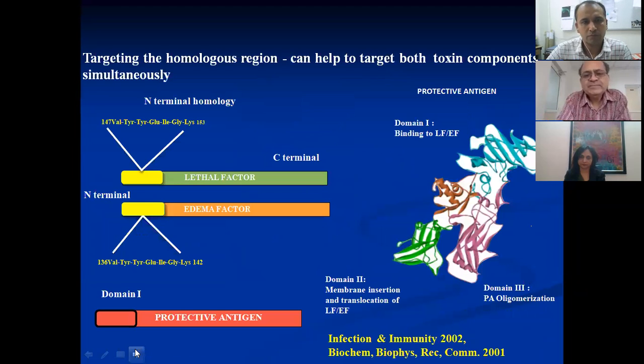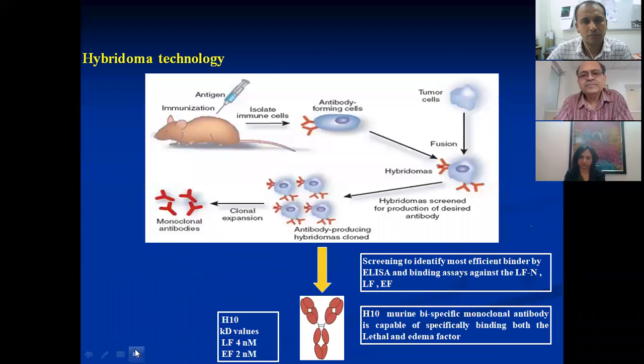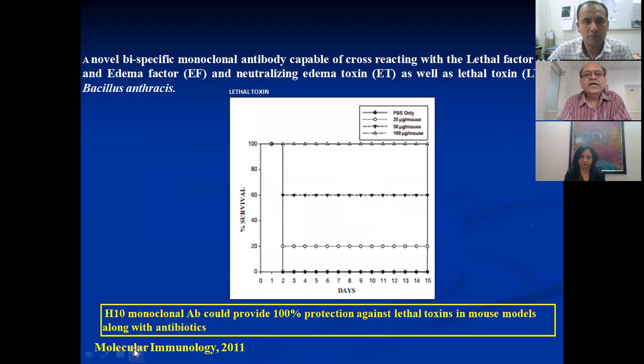Next slide, please. So this is the common region we raised antibodies against. Next slide, please. So we injected this region which contains these 7 amino acids in a row and immunized the animal. Antibodies were produced. They were fused with myeloma cells, and hybridoma was selected, and monoclonal antibodies were made. Next slide, please. And we found that these antibodies are able to block the action of lethal factor.